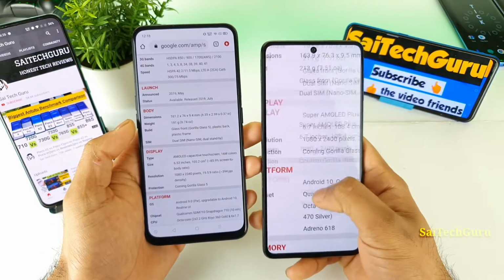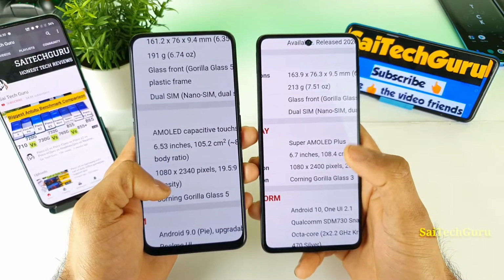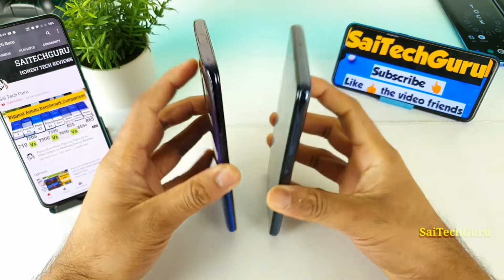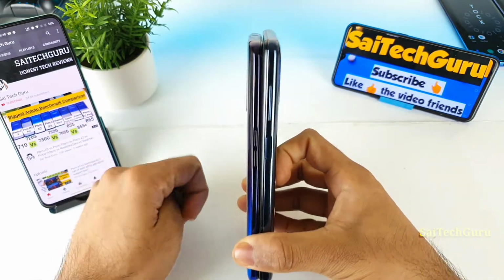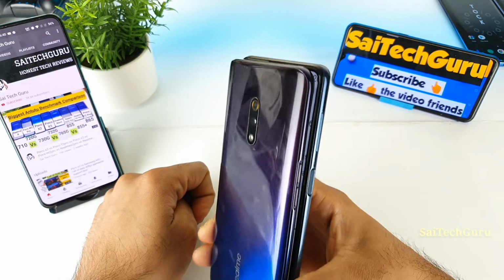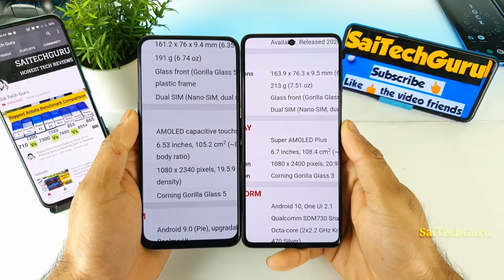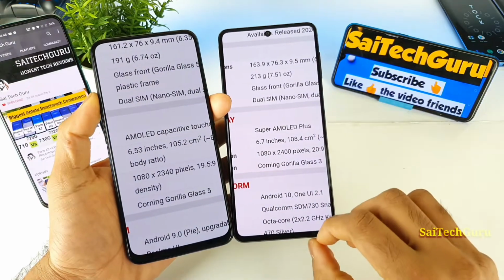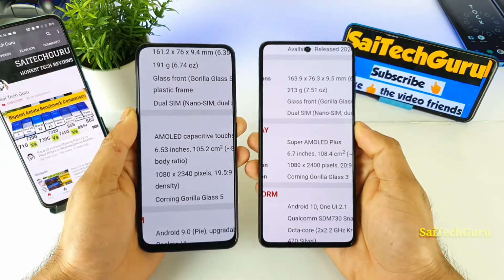So the display screen size is 6.67 inches versus 6.53 inches. As you can clearly see, friends, the display size is not that big a difference, it's only a little bit, but not much. Even though the Samsung has 6.7 inches, it did a very good job of having very small bezels, at the bottom and the top, which made the phone look pretty small as well.